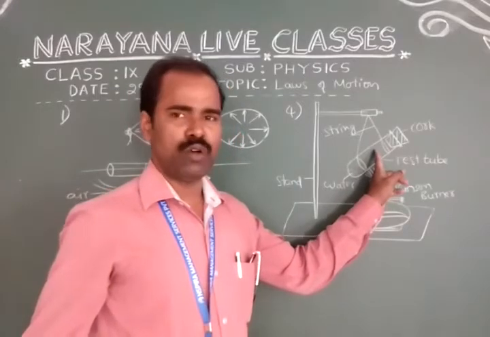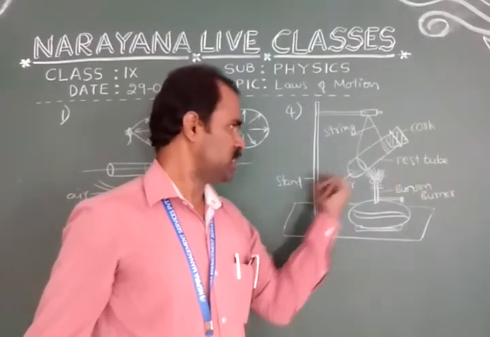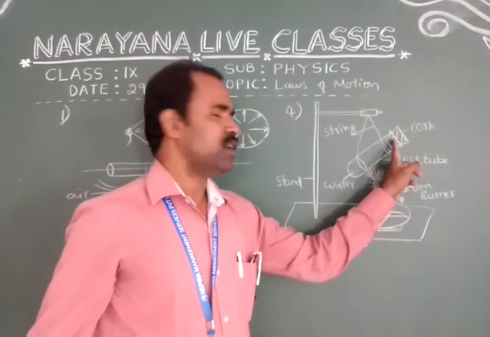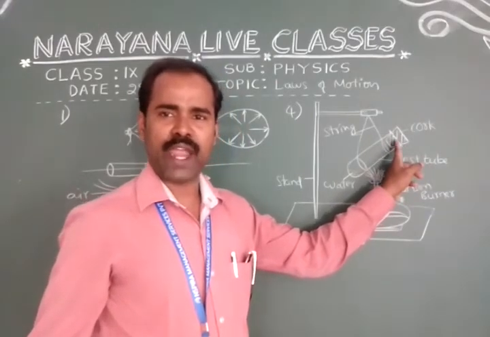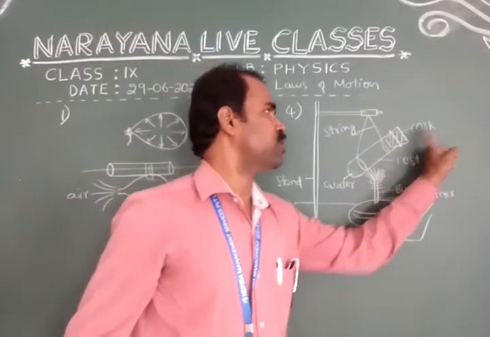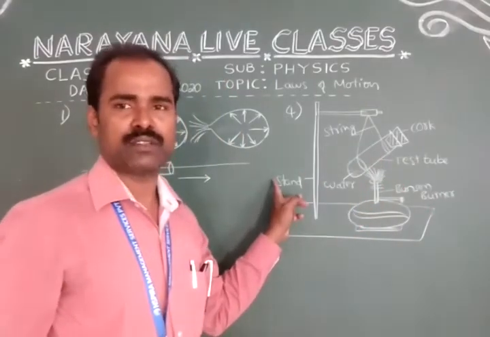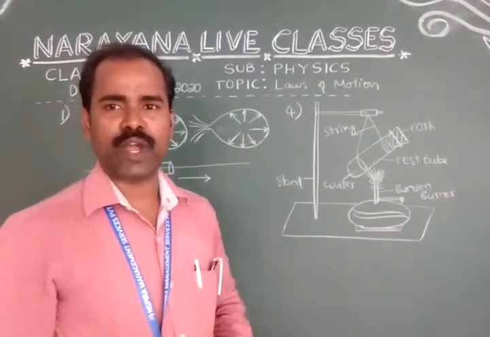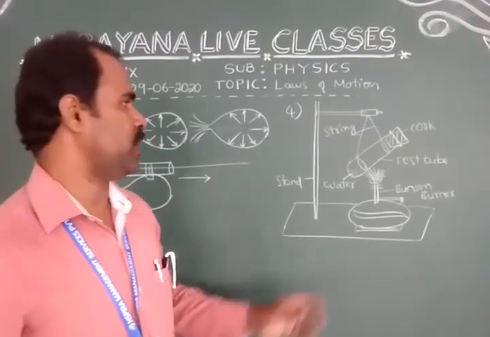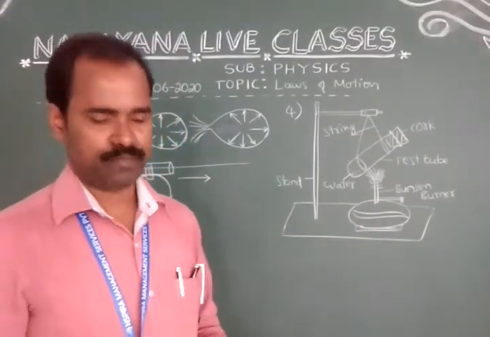A test tube will move. Once you heat the test tube, what happens? The test tube will move this side. The cap, due to the steam, acts on the force. Steam acts as air pressure. Due to that air pressure, the rubber cork will move in that direction. Reaction force will act on the test tube in this direction. So the aim of the experiment is to show Newton's third law of motion in the laboratory. Action and reaction are not acting on the same object.